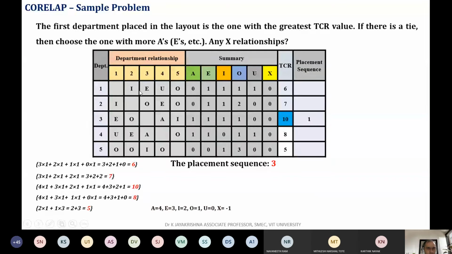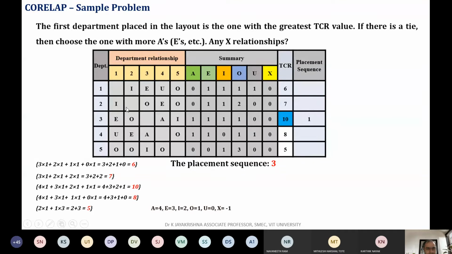So here A, do you find in the first row? Just come along with me. In the first row, can you count the number of A? Can you tell what is the value of A? Zero. So I put 0. Can you tell how many E's are there in the first row? 1, sir. Can you tell how many I is there? 1. How many O is there? 1. How many U? 1, sir. Okay, done. The same way in the second row, how many number of A is there?